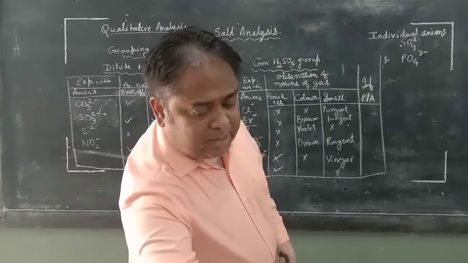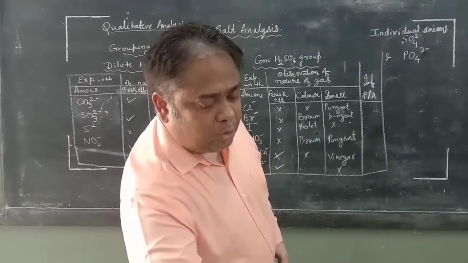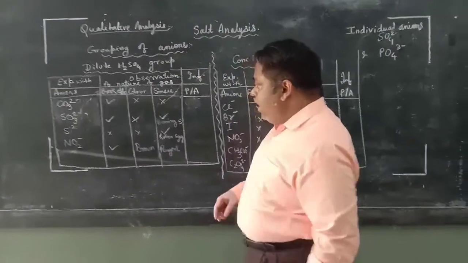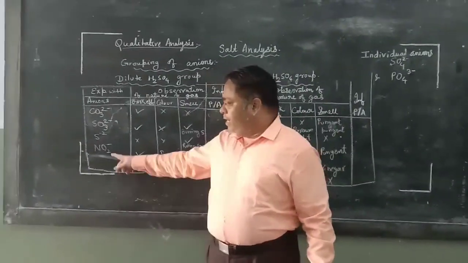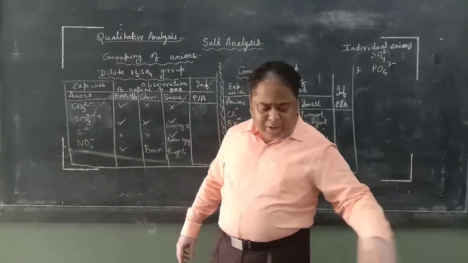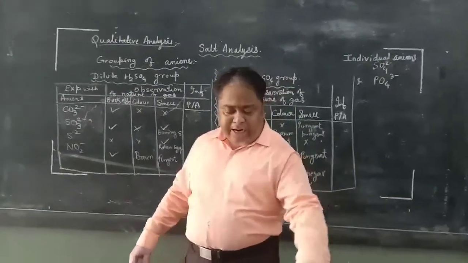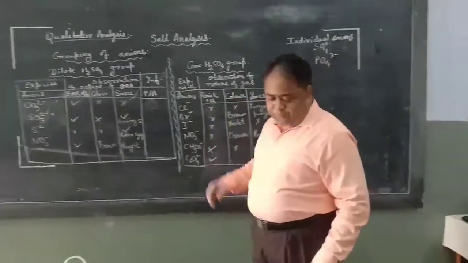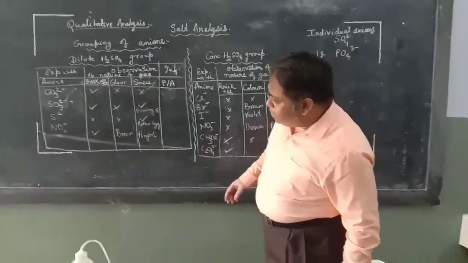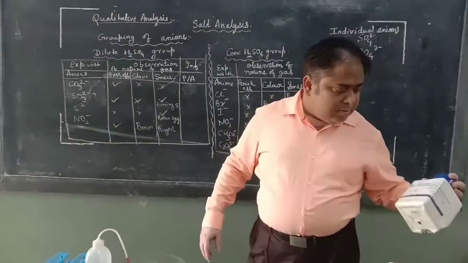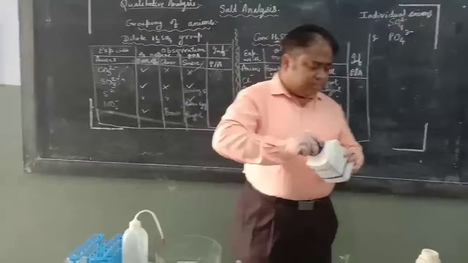So this test is done. So that is why we will not require to do the concentrated sulfuric acid test for this. Next, I did concentrated sulfuric acid test for nitrite because I picked up the salt from here also and from here also without knowing which was nitrate and which was nitrite. Next is test of chlorides. So for this, sulfide is still remaining. So we will check for sulfide.